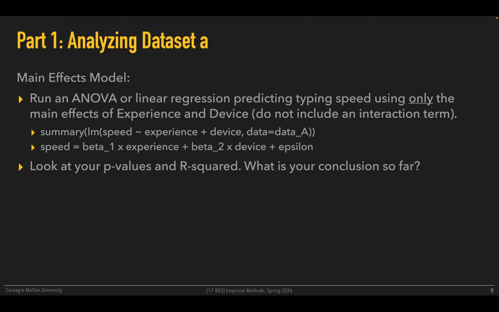I would love for one of you that has done this in R to share your screen, because I don't have this ready, and actually show me the output here so we can talk about it. I think there's a similar library in Python as well, the statsmodels library. Quite possibly, yeah. Yes. Does it give p-values? It does give you. Do you want to, can you join and share? Do I have to stop sharing so you can share?